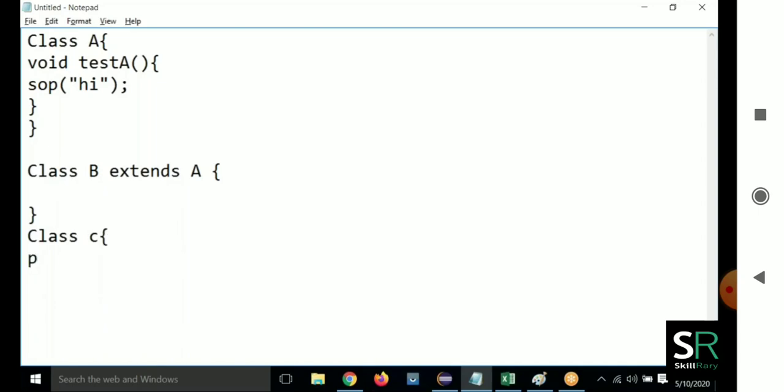In that, let me put one main method, because I cannot execute class A and I cannot execute class B. So I'm going to use one main method. Now tell me, is it possible to create an object of B class? Yes. Tell me how to create it. B B1 is equal to new B. B is an empty class. Is it possible to create an object of an empty class in Java? Yes, we can create it.